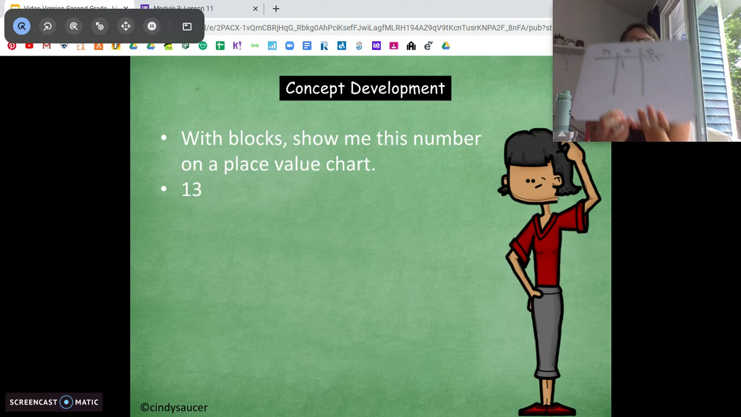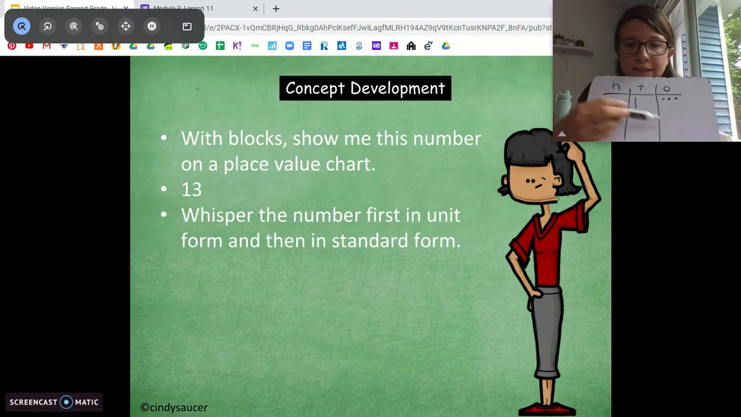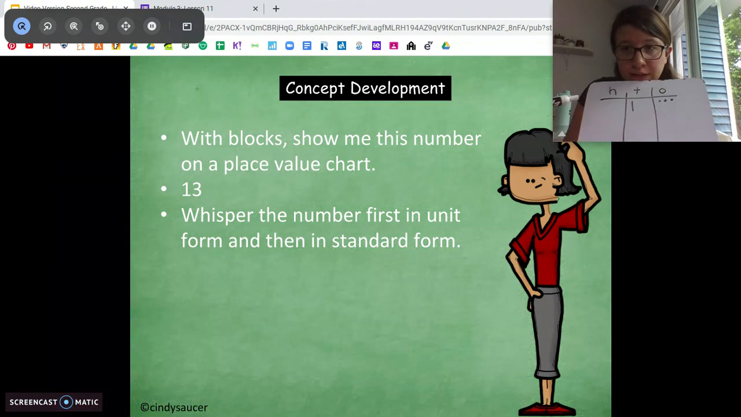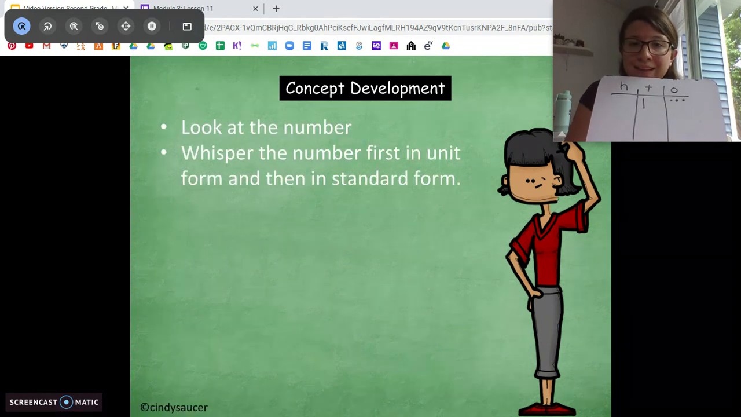Got it? Should look something like this, right? So when we say this number, we say 13, or 1 ten, 3 ones, right? Okay, so now,